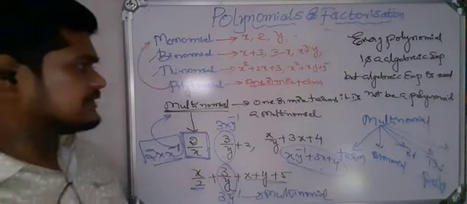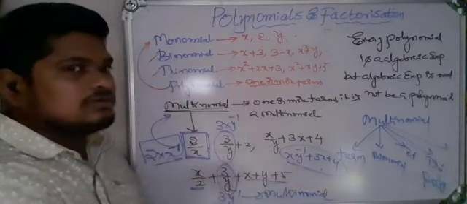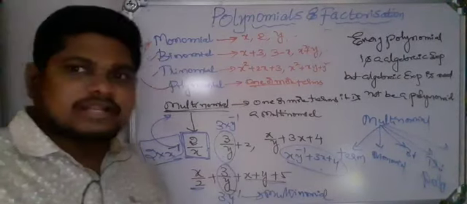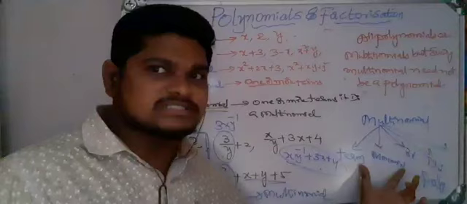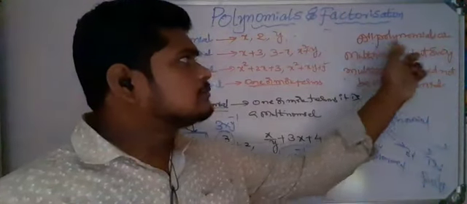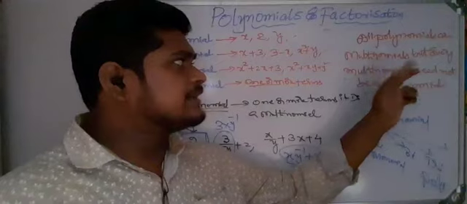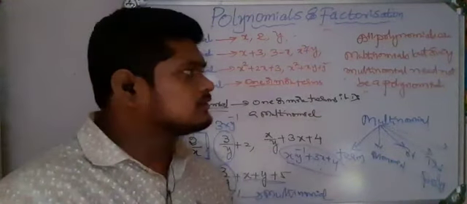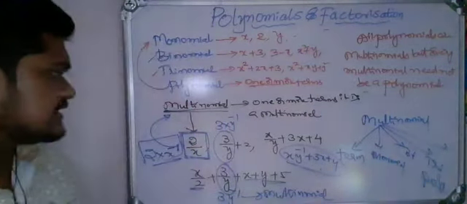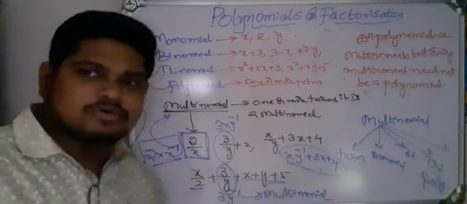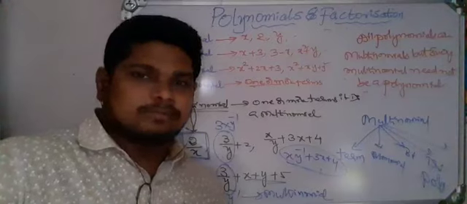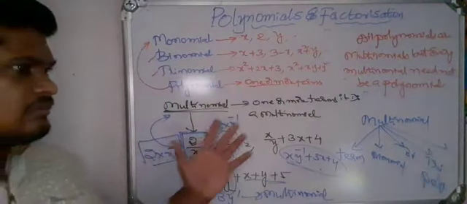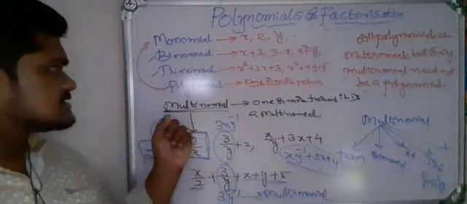Finally, what you should conclude from all this, I will write here. That means from this we have to tell that every polynomial is a multinomial, but every multinomial need not be a polynomial. Why? Because see here, this single term should be a monomial. For suppose, as I told in the previous class, we have 5 chocolates, from that we can take 1. But multinomial means it should contain 5 terms. This is the last case.